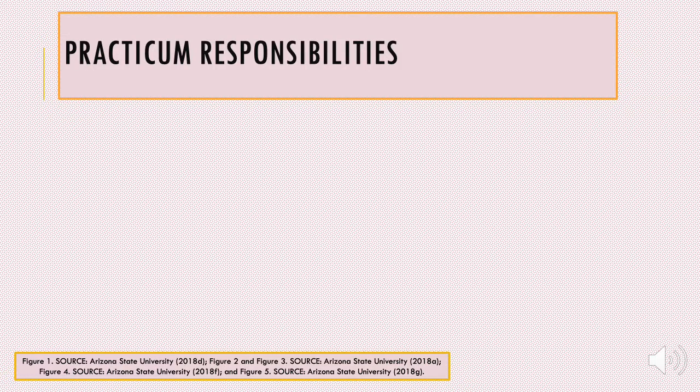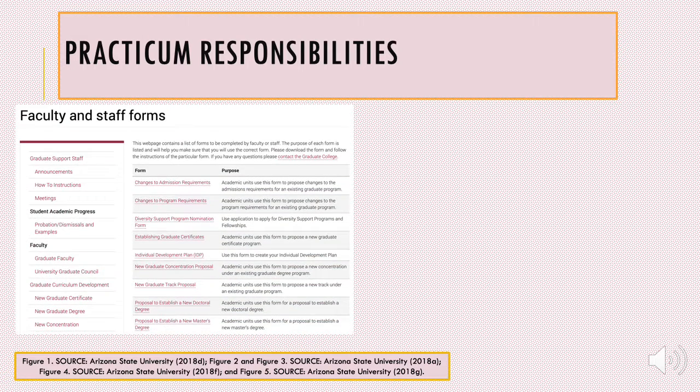On my first day, my supervisor showed me a really cool resource that the graduate college uses known as MZ. MZ is a website that pulls data to evaluate things like demographics, program curriculum demand, and more. Typically, the graduate college uses the website to pull reports that are then used to support the development of new programs at ASU. I will talk more about this on the next slide.